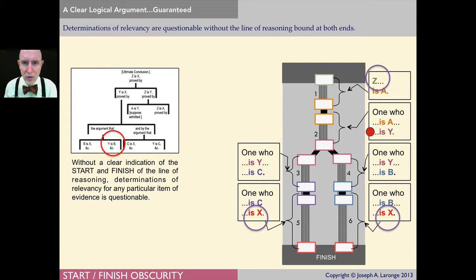I'm not talking about formal reasoning. Remember, all the reasoning in the logic bridge relies on defeasible class inclusion transitivity, and that can work for any argument. But here, without a clear start and finish,